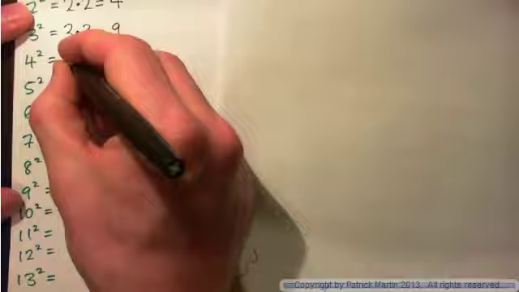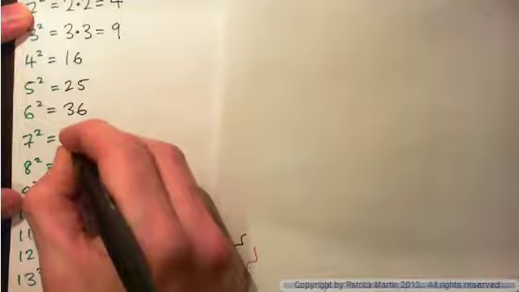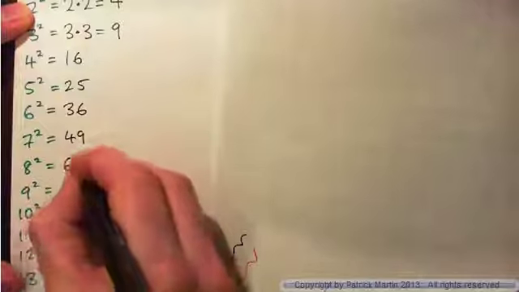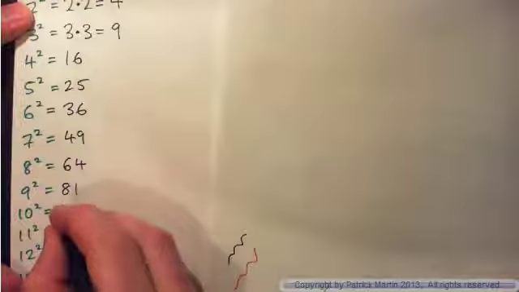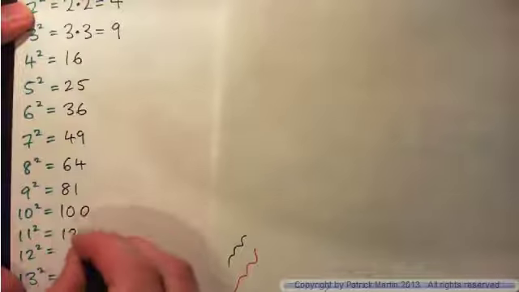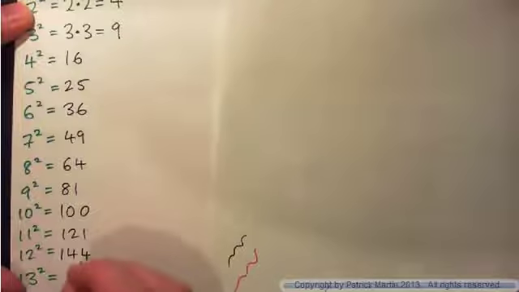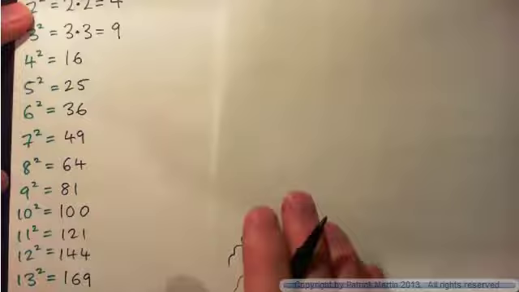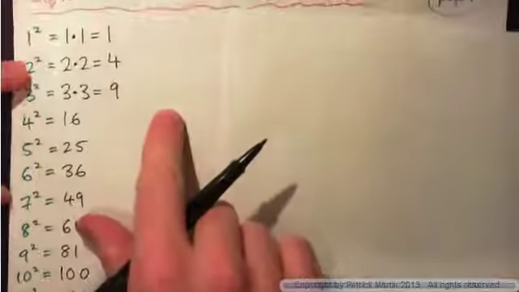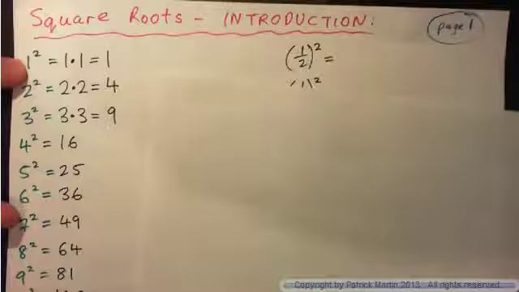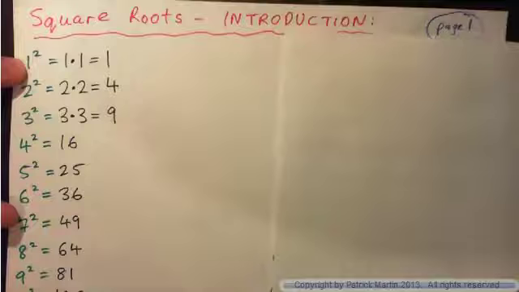4 squared is 16, 5 squared 25, 6 squared 36, 7 squared 49, 8 squared 64, 9 squared 81, 10 squared 100, 11 squared 121, 12 squared 144, and 13 squared 169. So these are the most common squared numbers, and what we want to do is have a look at